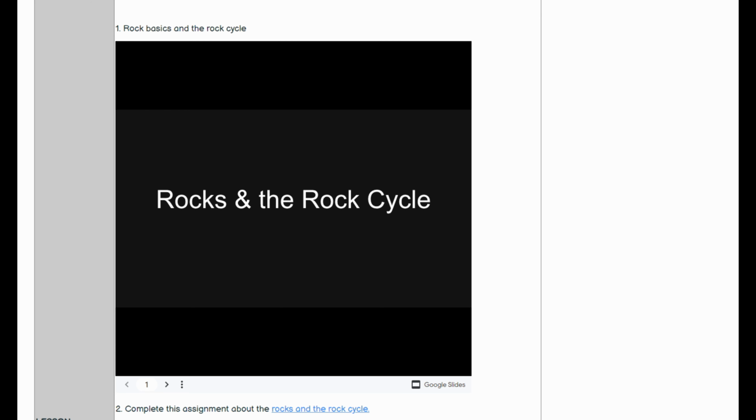Welcome back. Let's go ahead and get into it. So, the rocks and the rock cycle. We've learned a little bit about both of these already. You've learned the types of rocks and some of the basic properties of them in our previous lessons. We're going to get a little bit more detail into it now. I'm going to show you a more detailed version of the rock cycle, and then over the next few lessons, we will focus in on each individual type of rock. So,